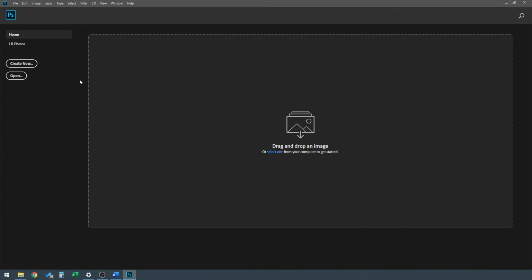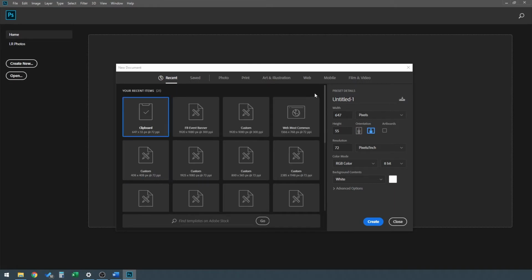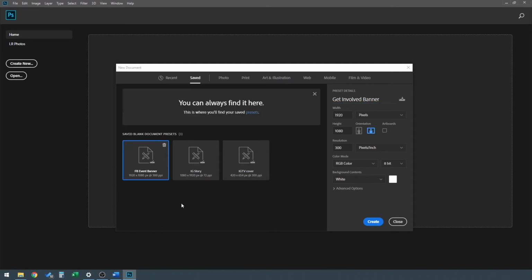So let's start by creating a new file. Important things are to set up the name. So to make yourself organized, we're going to call it Get Involved Banner. And I already have some saved presets here that I do for my work. However, it's easy to create, so you just come here, change the dimensions. And a good point to start is to use this full HD one, so